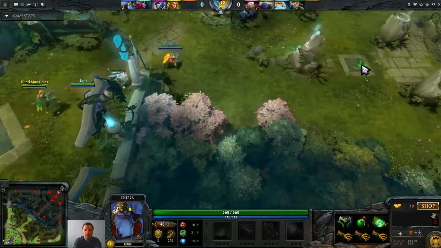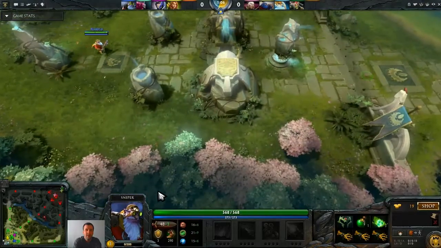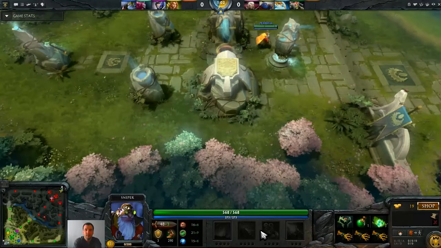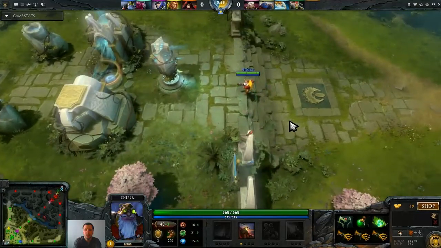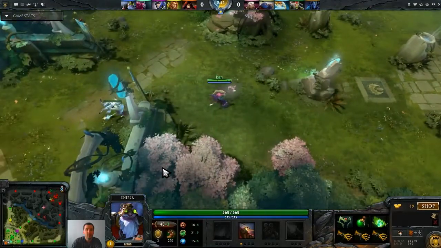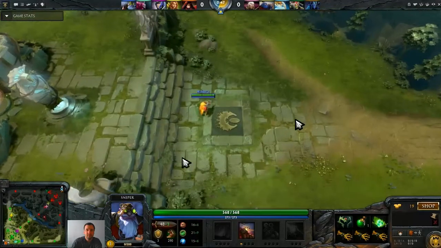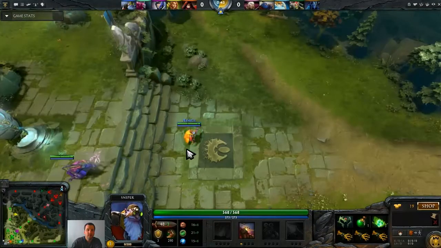I kind of wanted to do Skeleton King for a while now, but Skeleton King is apparently really hard to find at a decent play level, well, at any play level, because I can't search for him. So I've been trying for the last couple of days, and once I find a game with him, I will do that as well, because Skeleton King is probably the easiest champion to play in the entire game. So I do want to have a decent